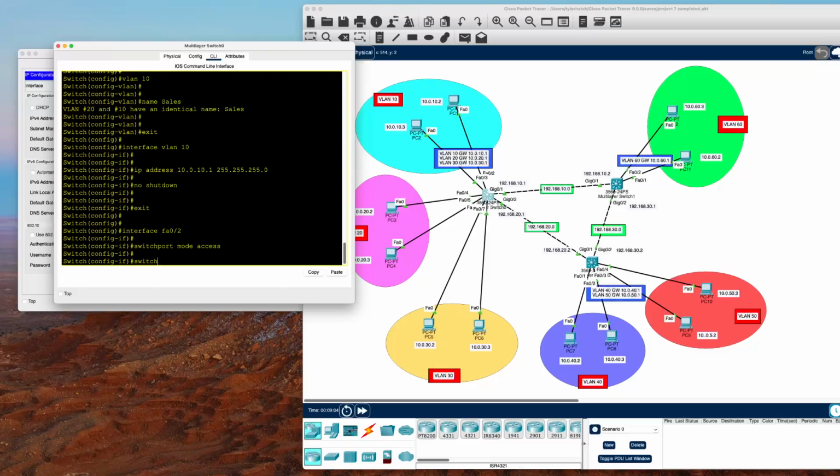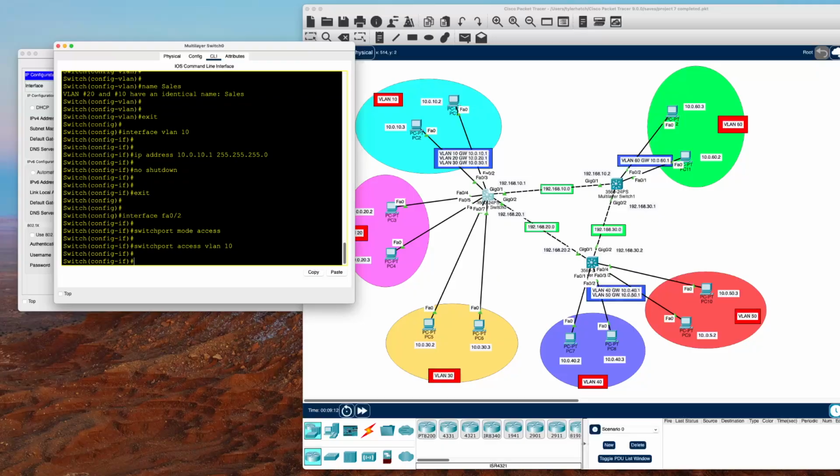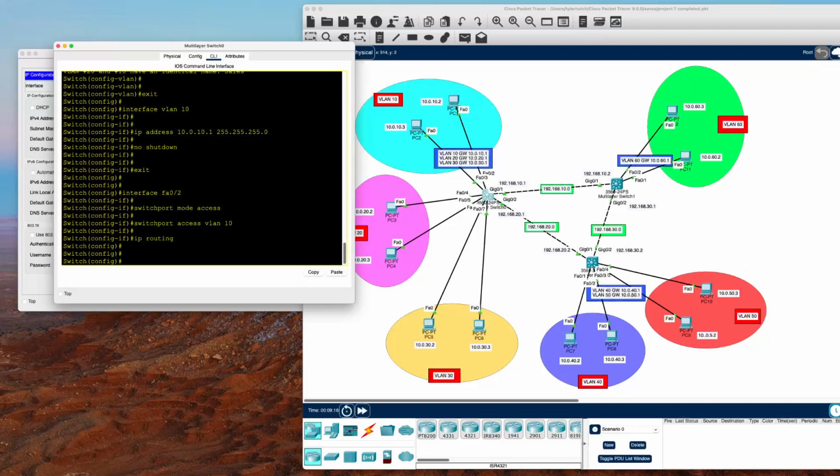And I want this switchport to access VLAN 10. And I'll finish it with an IP routing command. And so I went through each one of these interfaces on the switch to configure which VLAN they'll be using. So after I did that on each switch,